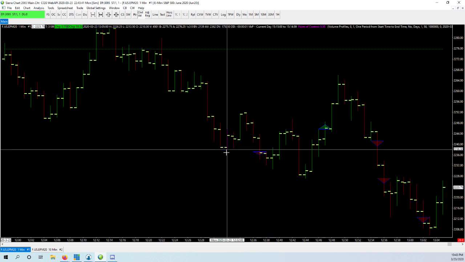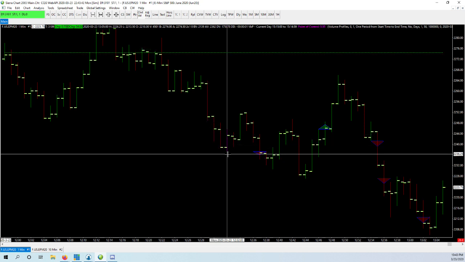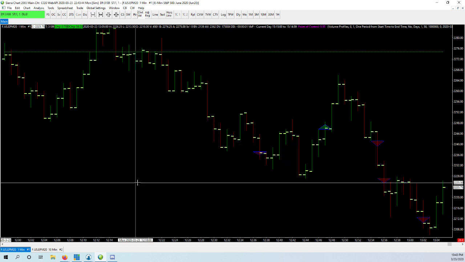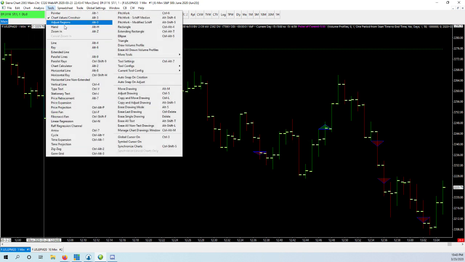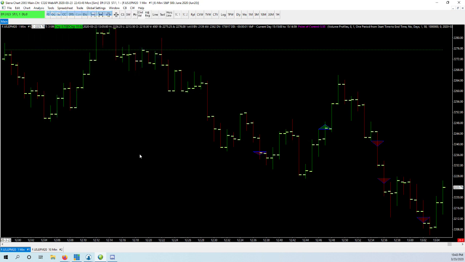This is a 1 minute candle. This is right where my crosshair is. It's purple, that pivot right there. I don't like this crosshair. Yeah, there we go. This right here, this is where I was looking to get in the trade. This is what I'm looking for, these sort of pivot zones.